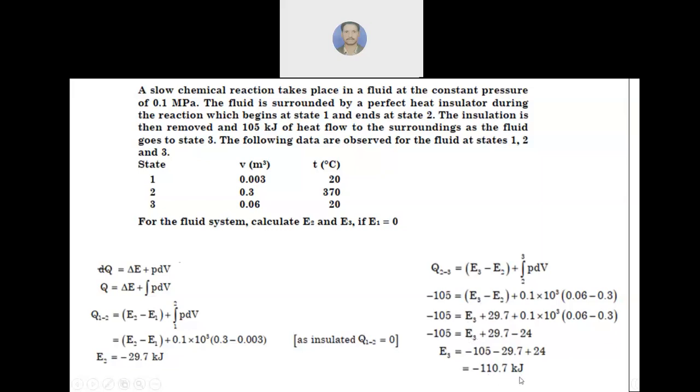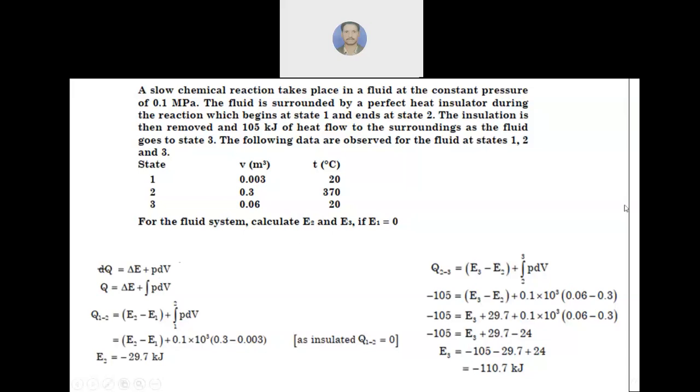Very simple problem. Don't need to panic. See what happens, people see a very lengthy problem and think it is very difficult. It is not difficult. Only the representation, how you are presenting it, makes it look difficult. You see deeply, very easy problem. You have to just write down the formula of the first law of thermodynamics and what things are given, and easily you know how to solve. Work done, you write PdV, integrate it, solve it. Very easy problem, friends. Don't worry, it's very easy.